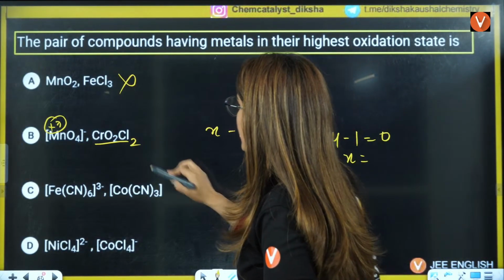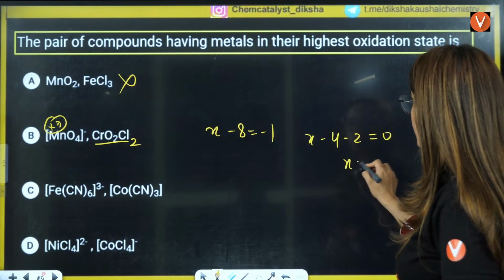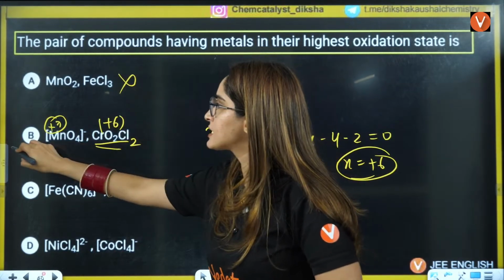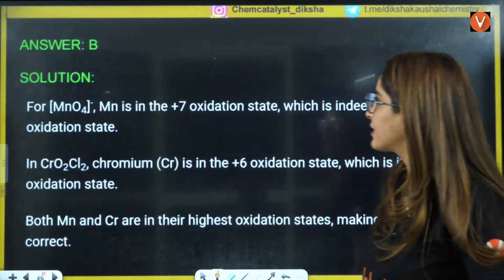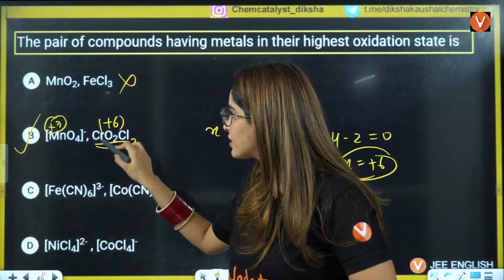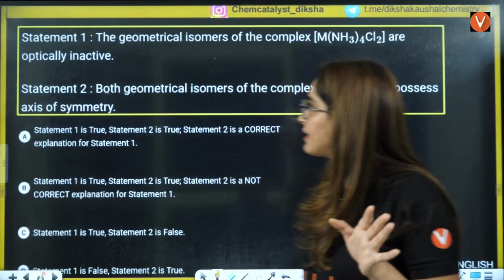CrO2Cl2. It should be Cl2, right? Only then it will be 6, no? So X is equal to +6. This compound will be there. So it will be +6. So the answer will be B, it is the correct answer here. Right? CrO2Cl2. This is the compound, not CrO2Cl. Okay, that is not the compound. Right? Next question is,